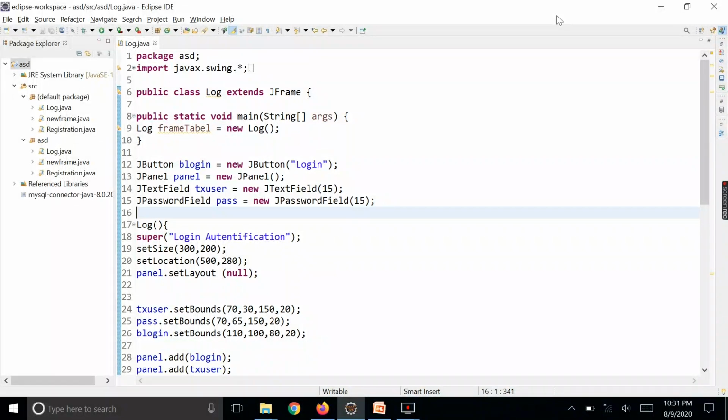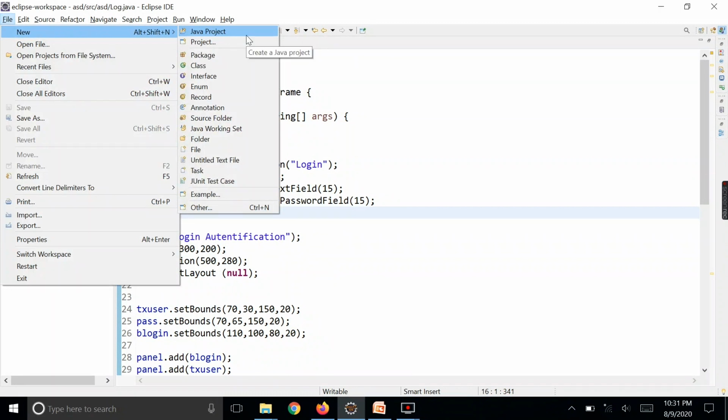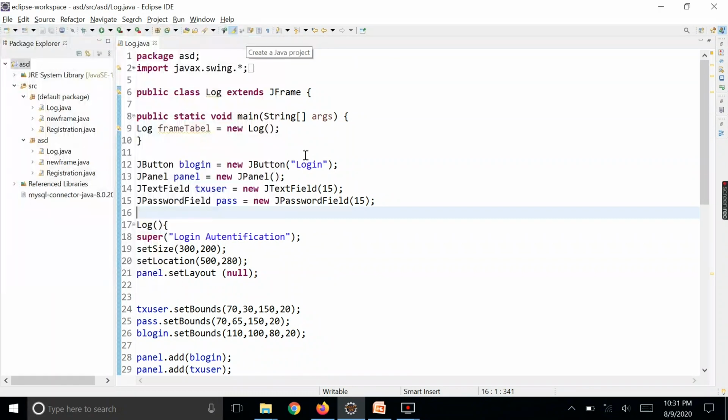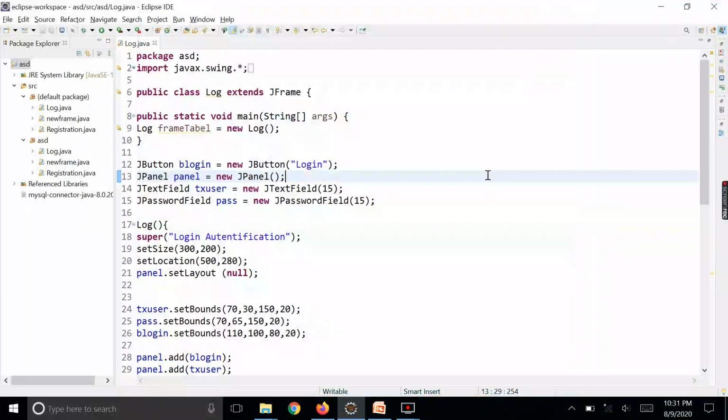What I have done is I have created a simple Java project. You can create a simple Java project using a new Java project and giving the name of the Java project. But this will create only a console based programming Java project. This will not give you the UI interface which uses different components like text boxes, labels, buttons, checkboxes, and so on.